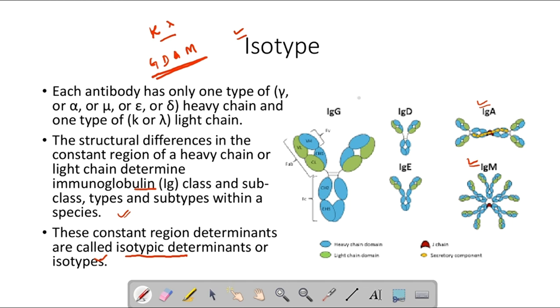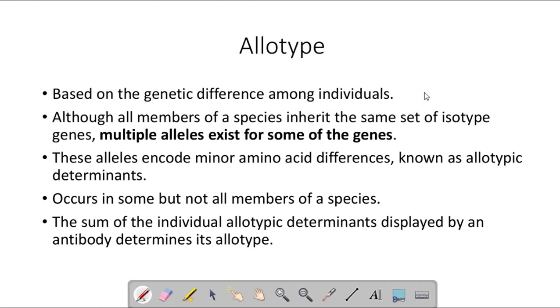These are the different types of antibody, as you can see. Two are important: IgM, which has a pentameric shape, and IgA, which has a dimeric shape. IgG is involved in opsonization, and IgE is involved in the hypersensitivity reaction. IgD is present together with IgM on maturing B cells.